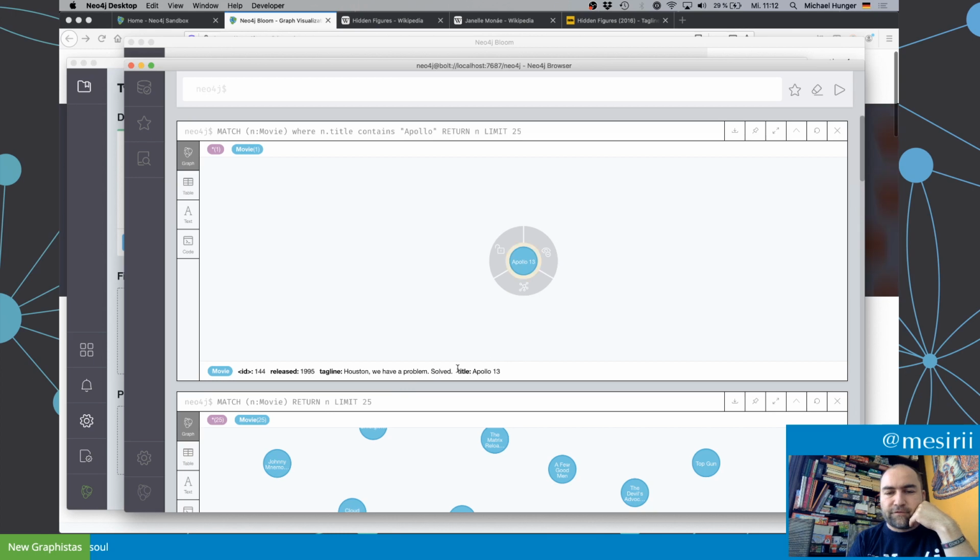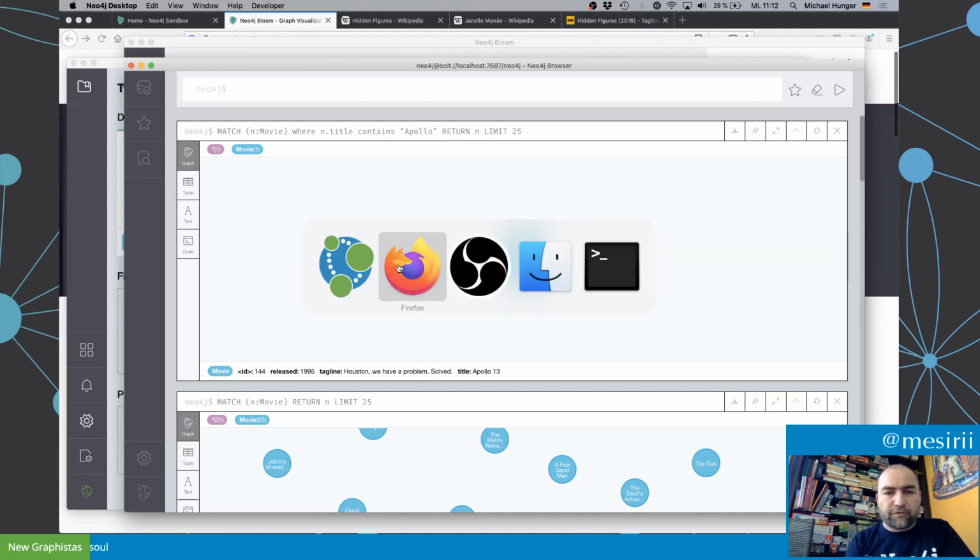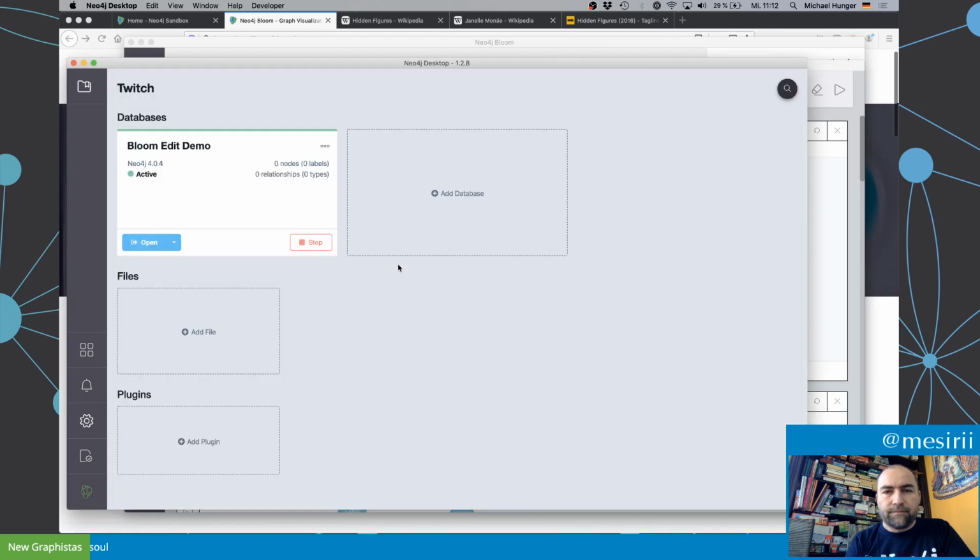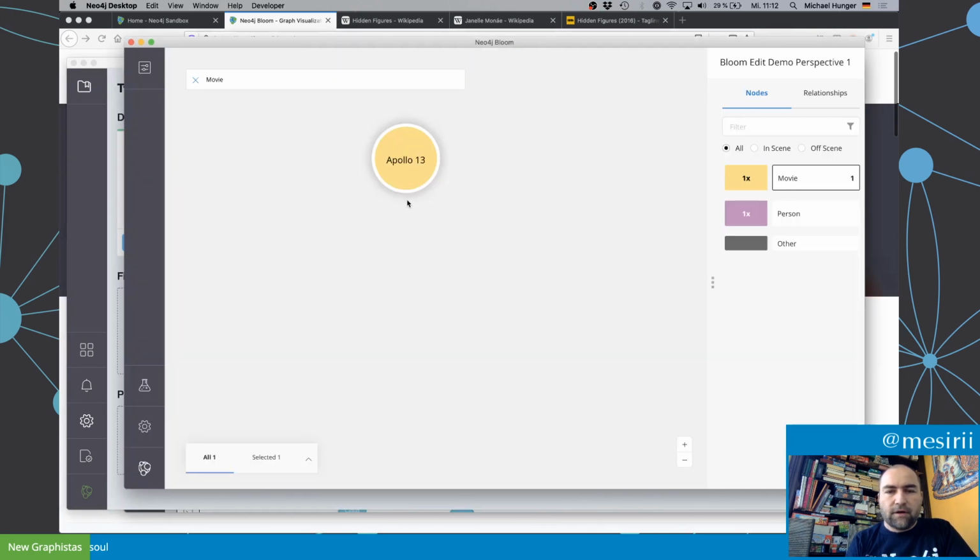So when you see that "solved" is here in the name of the tagline, right? So it made the change to this, which is really cool. Of course, I can also edit relationships. I can also add relationships. So for instance, if I have a user or a person that I created, then I can connect this user